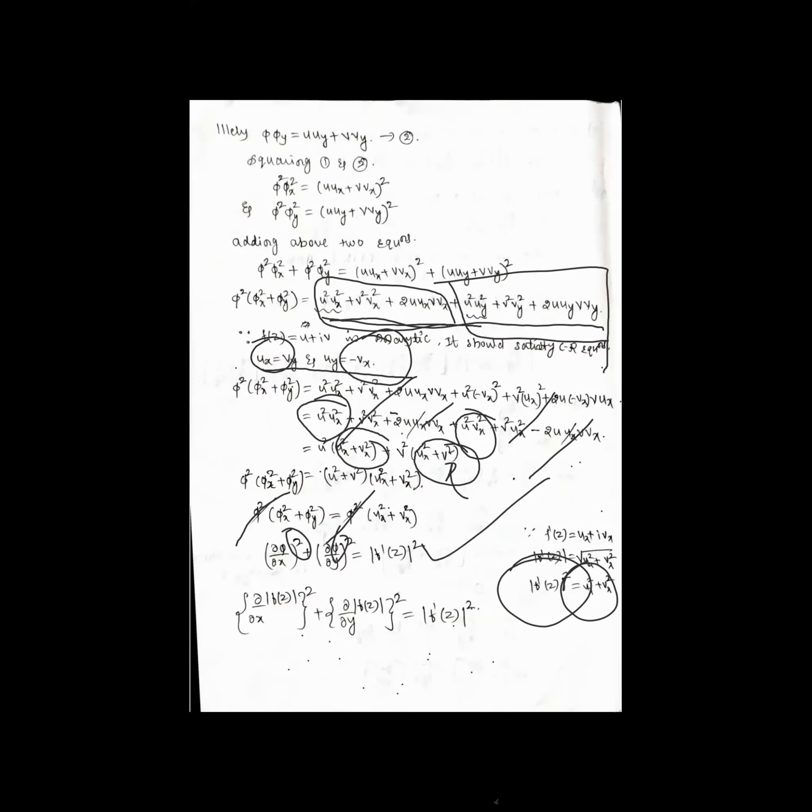The things are very simple. Please try to concentrate. But when you come to adding in both the cases, use the CR equations. So that is the derivation. Rest of the thing, this one derivation and application to flow problems, so this I had to write in the notes. The application to flow problems is very simple. Like they are giving the imaginary part, we have to get the real part. That's it. But the terms are different here.